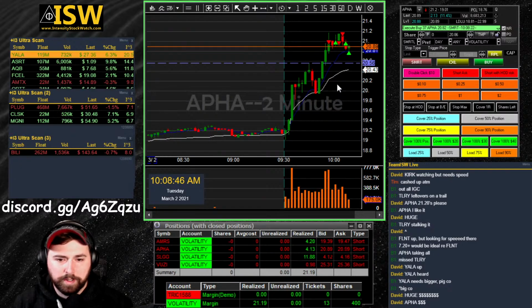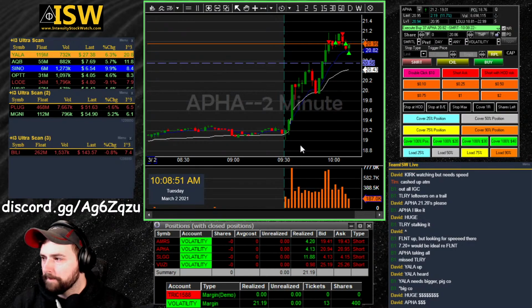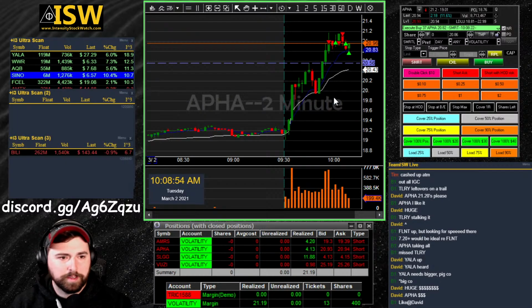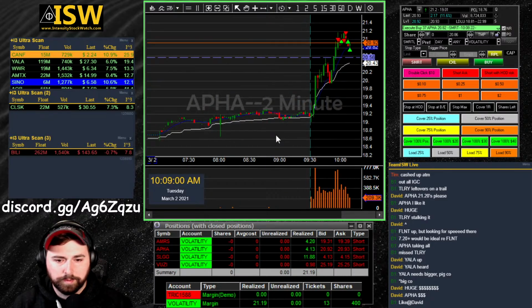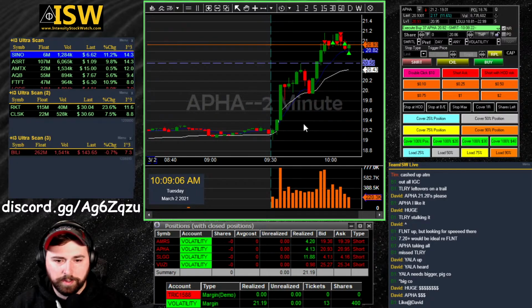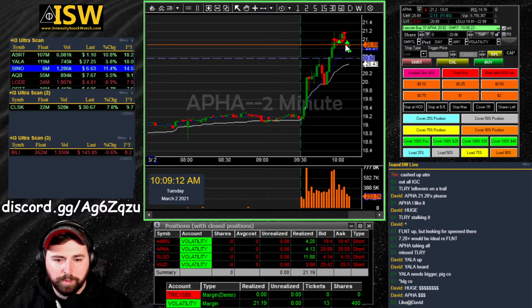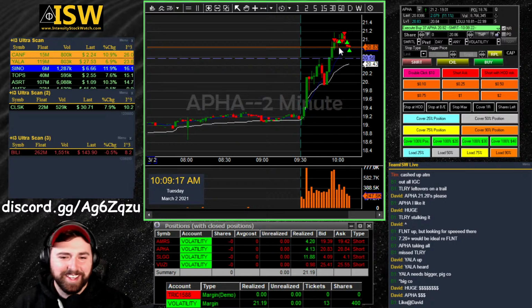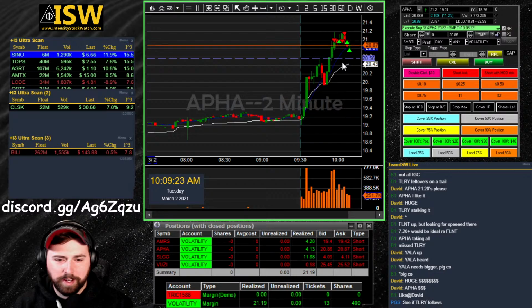Not my prettiest trades there on APHA, but ended up green on the ticker, so can't complain. Not my prettiest trade by any means. What about that? APHA. All out. That thing just fought to come back down. It was ridiculous. The first move I got out, I shouldn't even have got back in, but it looked like a fake out breakout. So I jumped back in and then it faked out the fake out. But yeah, I let it go to high of day just to see, because it was kind of grinding up there, and then I actually added, and then we finally got the pullback.